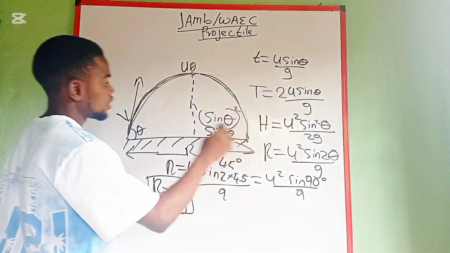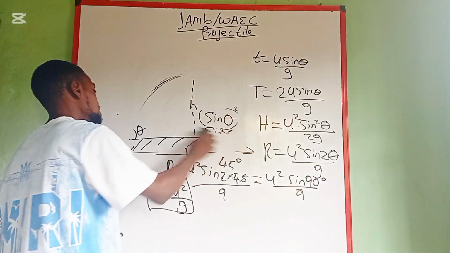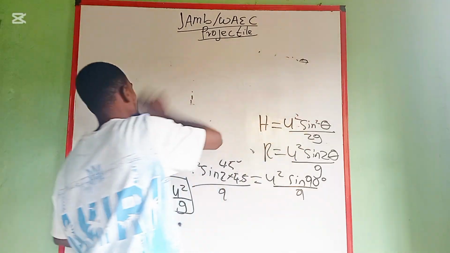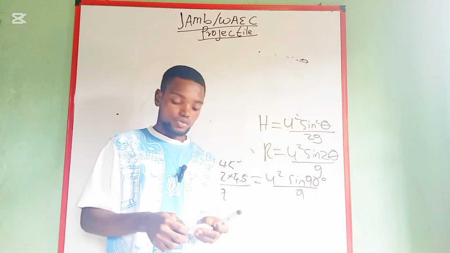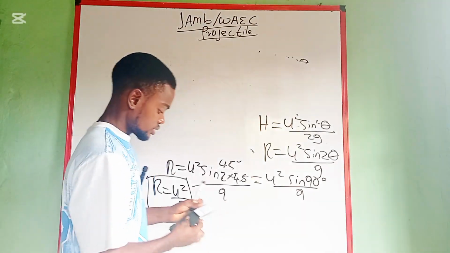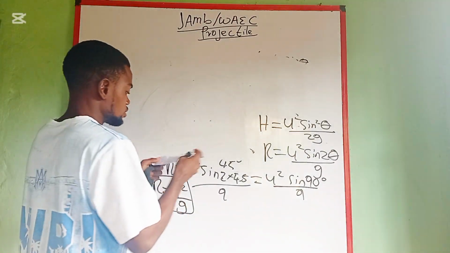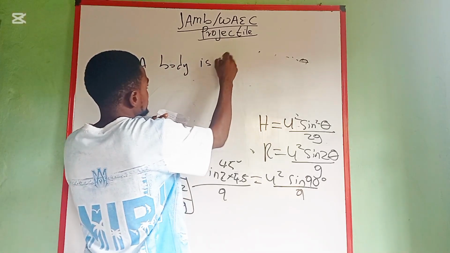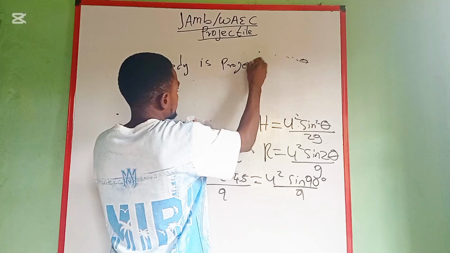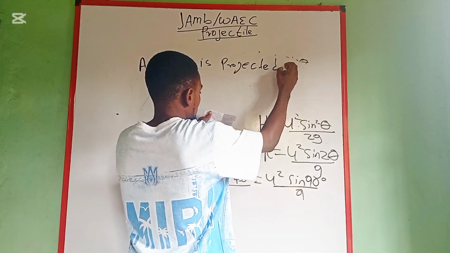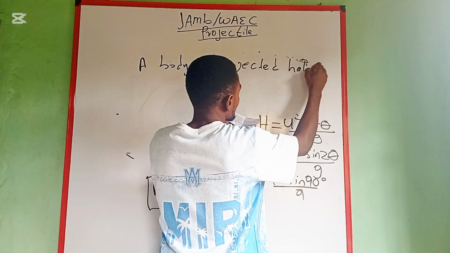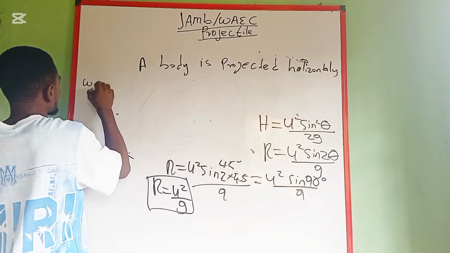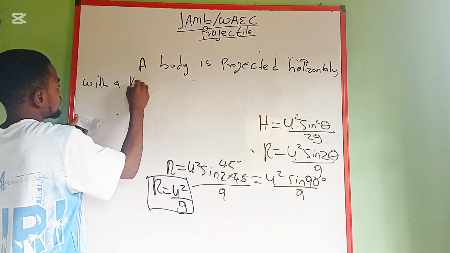All right, so these are the formulas. Make sure you memorize them so you know them when you are asked a question on it. Now, the only question we are going to try in this particular video says: a body is projected horizontally with a velocity